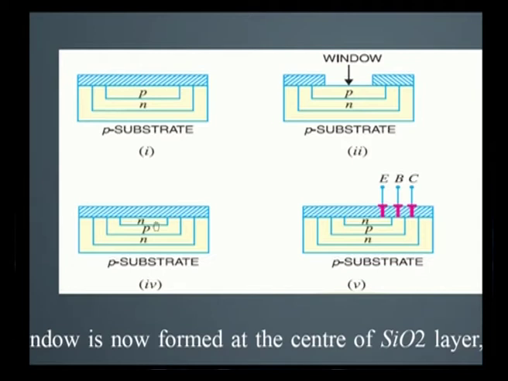N-type material is formed by diffusing a trivalent atom on top of a P-type material. So, by diffusion of a trivalent atom on P-type material, we get N-type material in step 4. In the last step, again the silicon dioxide layer is formed, and finally the terminals will be made with the help of etching at a particular type of substrate.